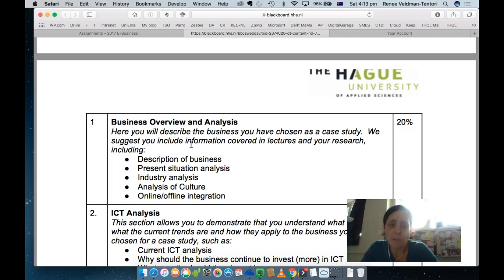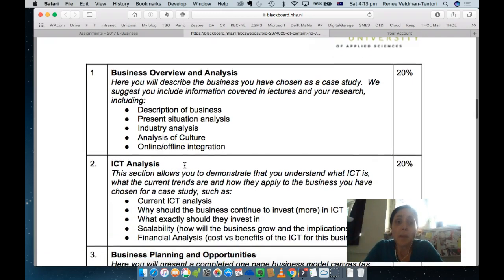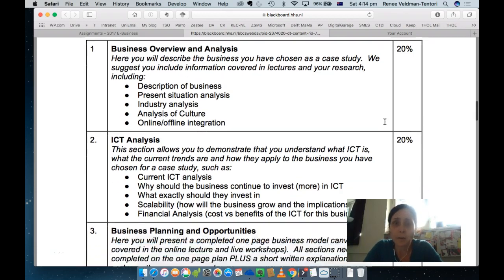For places that have a store, for example, it's going to be slightly different than those that operate completely online, but even businesses that operate only online will often have some kind of offline marketing materials, or the way they operate, or how they post their products. So that's section 1, that's worth 20%. So do it in a professional report style, and that's a bit of a guideline for you.